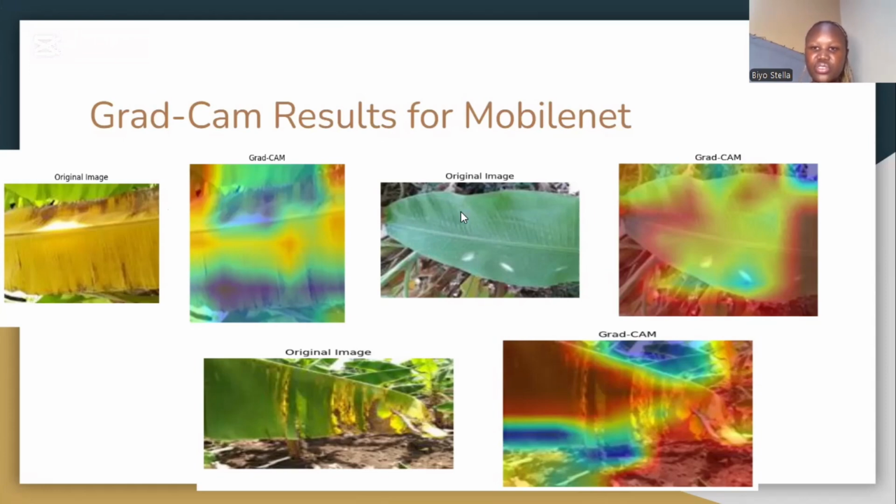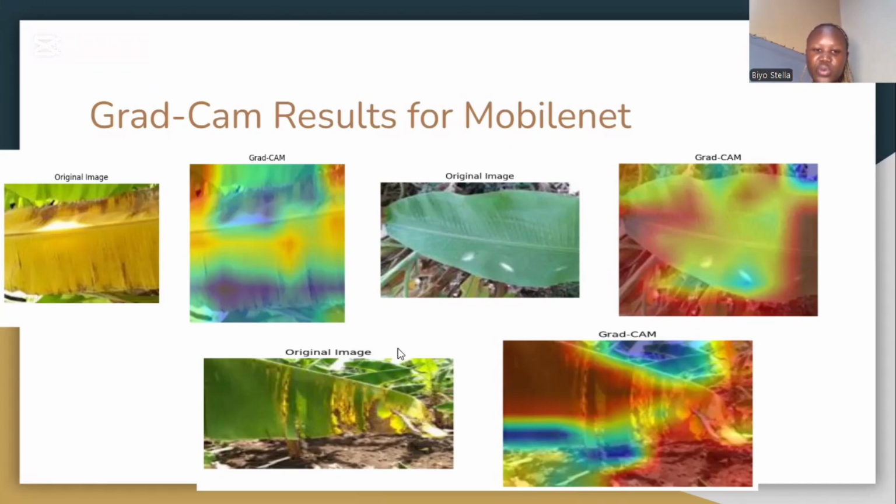Then this image is for the class Healthy. As you can see, the leaf is completely green. From the results, the yellow and red patterns are mostly on the leaf. A healthy leaf has to be purely green, with uniform green leaves, and the red and yellow patterns were mostly on the green part of the leaf and the smooth areas. As we can see, the Xanthomonas leaf is not that smooth compared to the